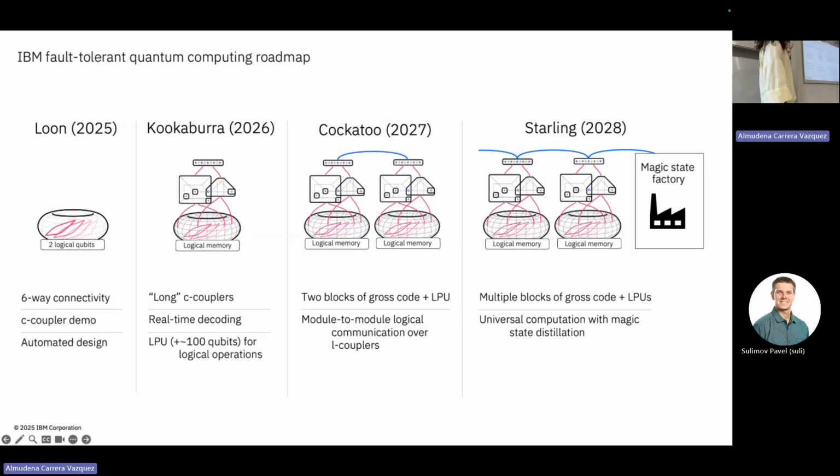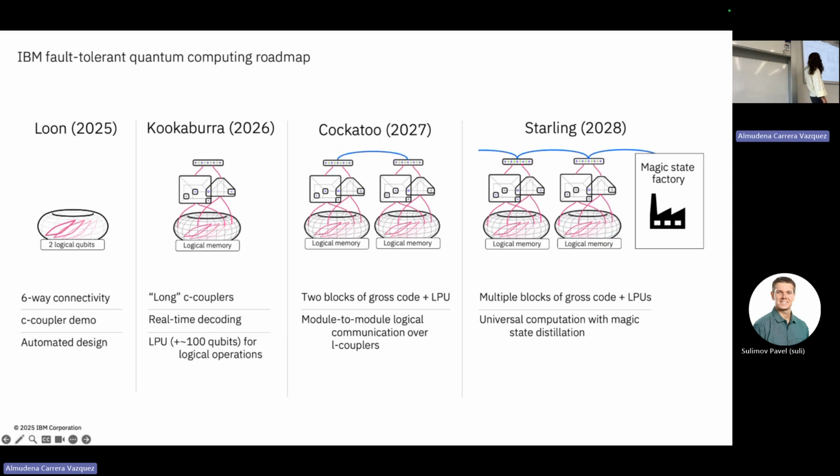Yeah, this is kind of the roadmap of what they want to show from the hardware perspective. So this year, what they want to show is just creating 2 logical qubits. That's it, with some coupling in between, because within a torus you have all-to-all connectivity. And all-to-all you cannot achieve in 2D. You need to have some 3D connectivity.